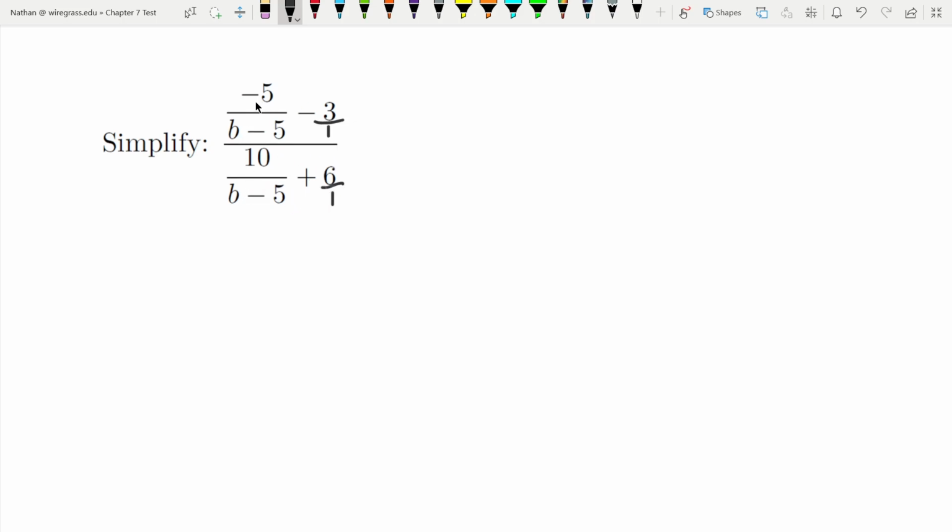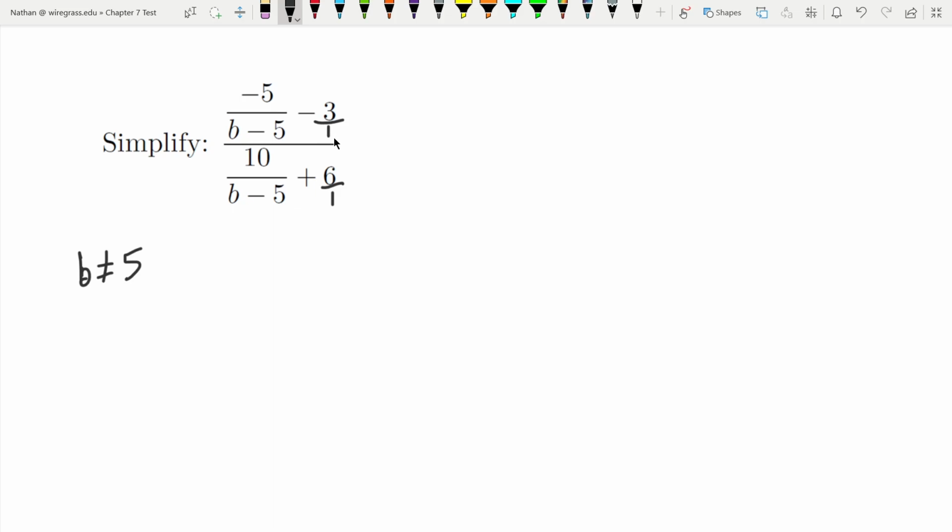So inside here and inside here, where we have to exclude values. So we can exclude values for when b equals 5. That gives us 0 here, and of course this is just a 1. So we know that b equal to 5 must be excluded. That's going to become important when I multiply through by the least common denominator, which of course is b minus